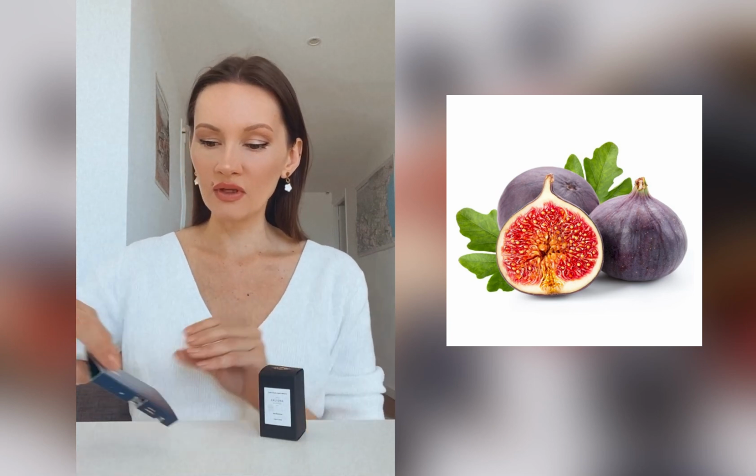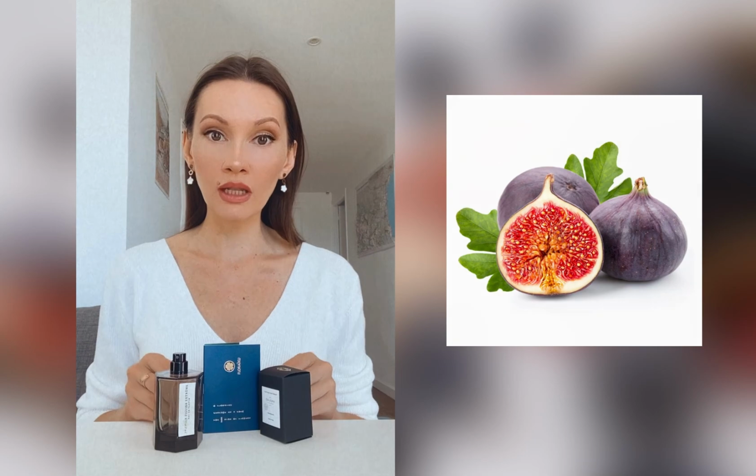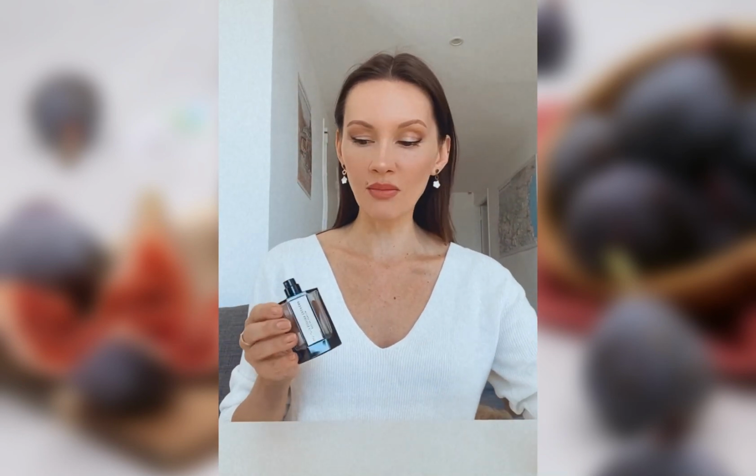One of the perfume notes that I'm truly addicted to is fig. And there are all different kinds of figs. Today I will show you 3 figs that are very different, and 2 of them come from the brand called L'Artisan Parfumeur. I have many videos reviewing the collections of this brand, but I have not mentioned these 2. And these 2 are dedicated to figs. I will start with the one that I have already finished last summer, and this one is Première Figuier